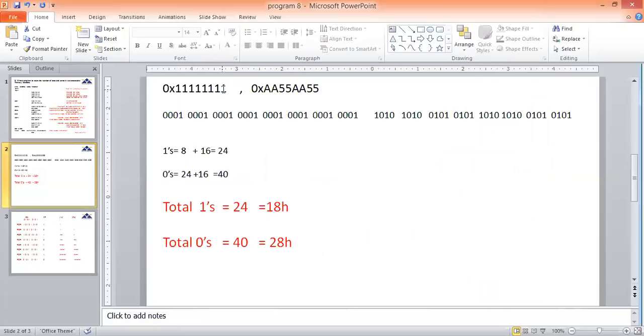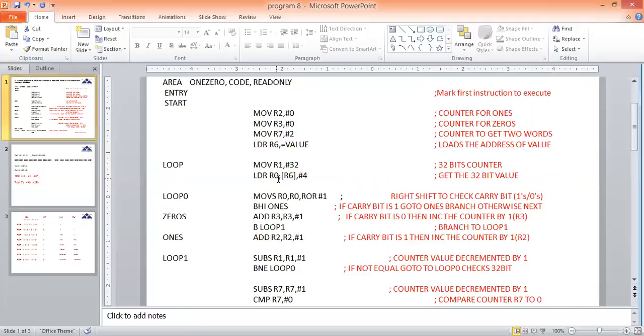So this content is loaded to R0, and now R6 is loaded with the next address. This is pre-index with write back, pre-index, post-index you have studied, no? So this is post-index, means first the contents of R6 are loaded to R0, and later after loading, the address gets incremented.